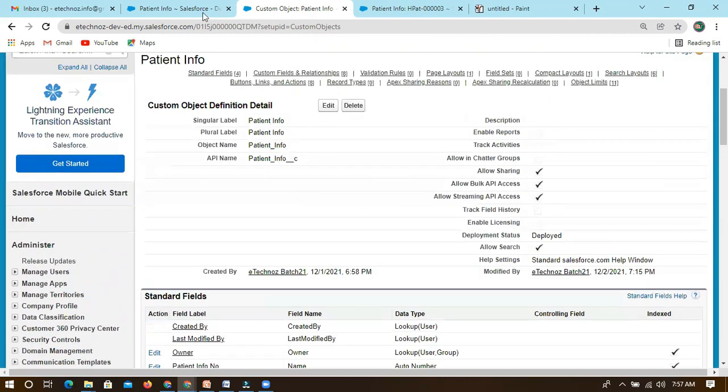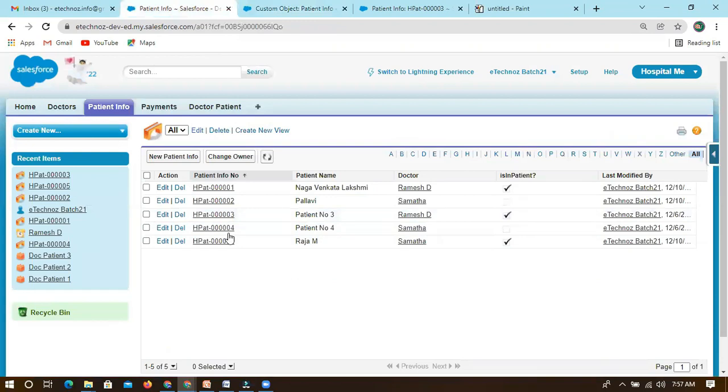It will allow, but every record within the system should be connected with a parent. Otherwise it will throw an error. So if it has 1 lakh records, all 1 lakh records should be connected with a single parent, otherwise it will not allow us. Is it clear, everyone? And so Shiva.